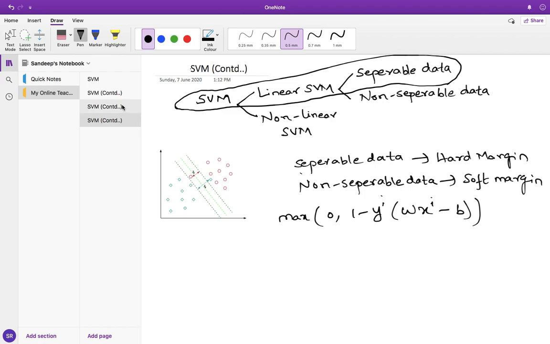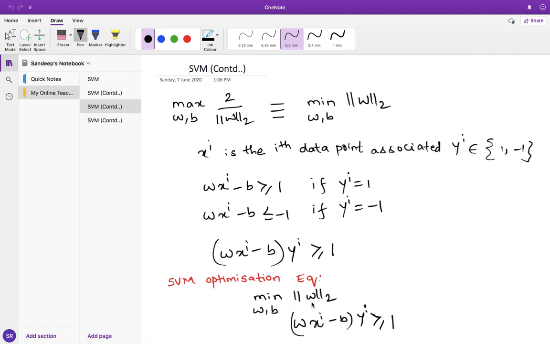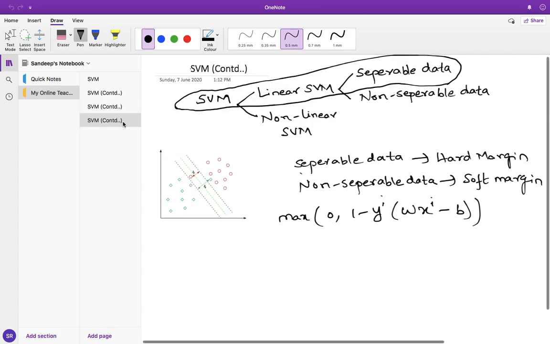In the previous optimization problem, there was no penalty. We were just aiming to minimize this thing. Why were we minimizing this? Just to remind once again, we want to maximize the distance between the support vector and the hyperplane. That's why we got this equation, and from there we got the minimization equation. Now we want to handle both separable and non-separable data, so we will have some additional terms here so that we put a penalty on the data points which don't obey the pattern.